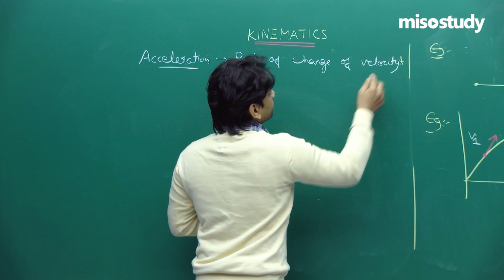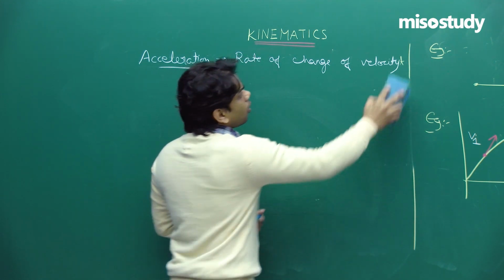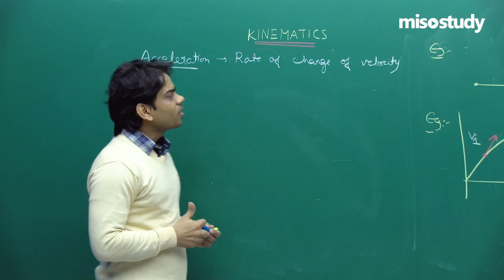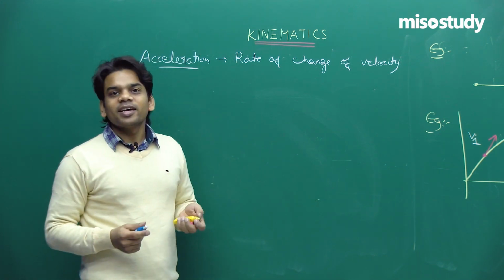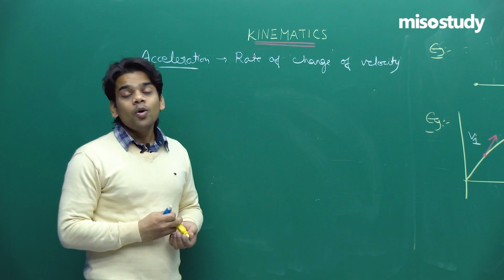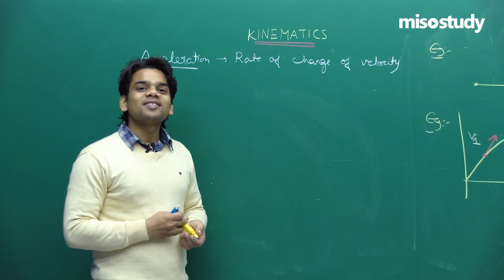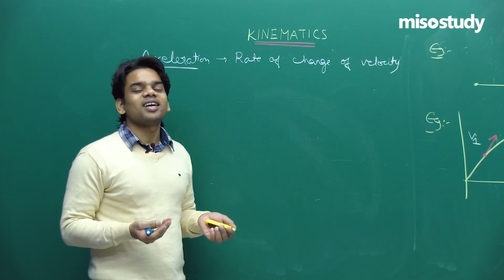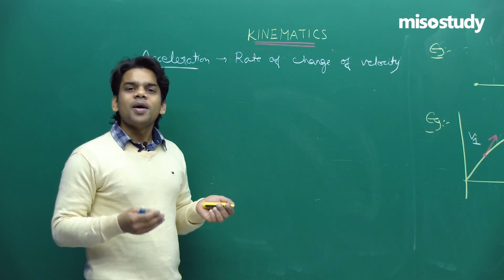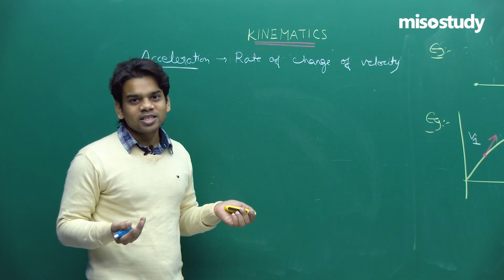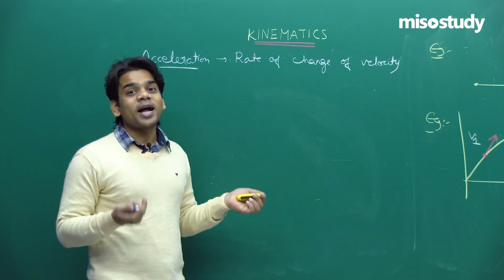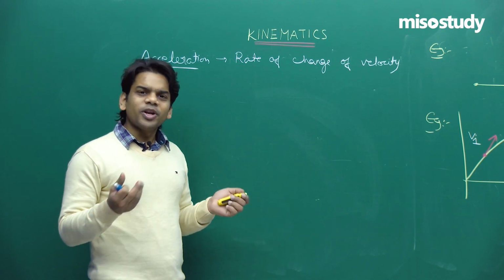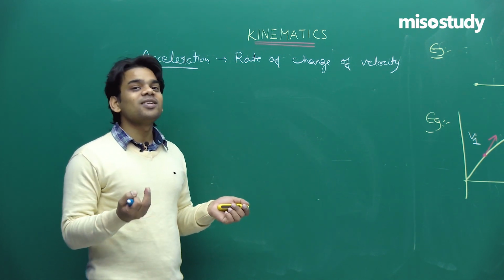Now, you all must have learned about acceleration in your junior classes. Whenever a body is accelerated, its velocity will change. Now, we cannot say that whenever an acceleration is acting, the velocity will always increase. There might be cases when the acceleration is acting, but still the velocity magnitude may not change. But yes, velocity will definitely change, but its magnitude may not change. In uniform circular motion, the velocity magnitude may remain the same, but yet acceleration is acting